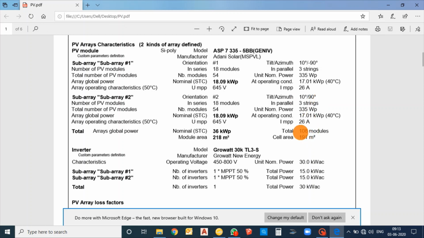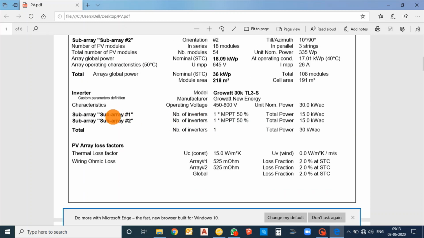So the total modules is 108 and the array area is 2881 square meters. The inverter we have selected is one 30 kilowatt inverter, and it is loaded with 50% in array 1 and array 2.